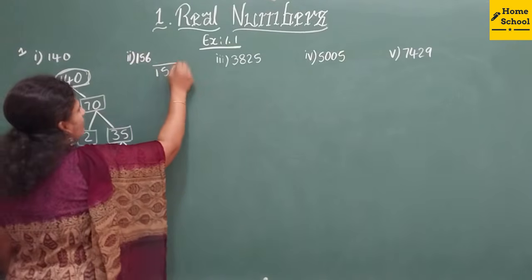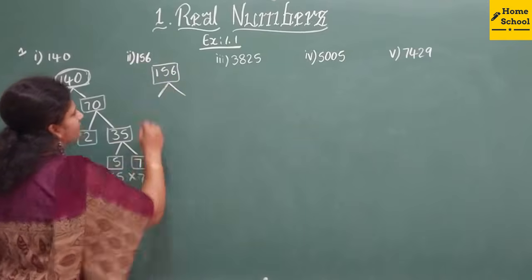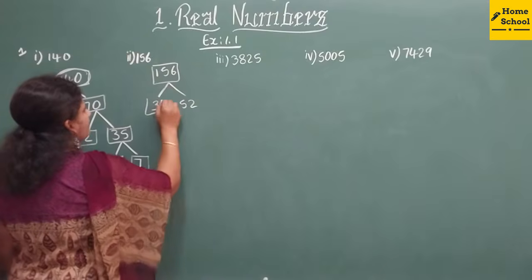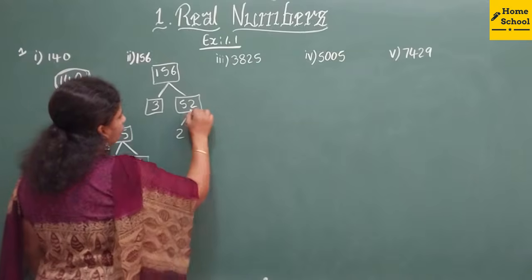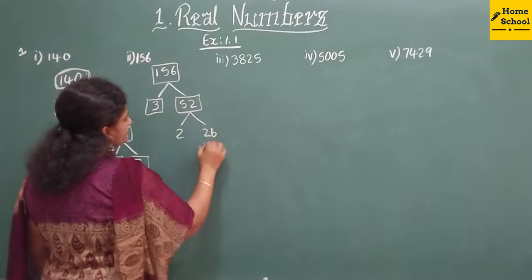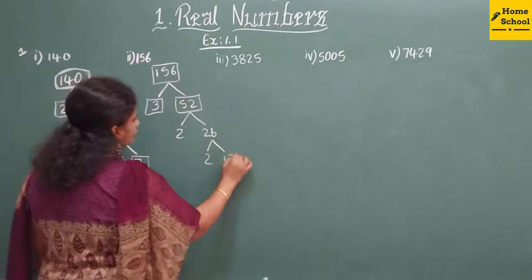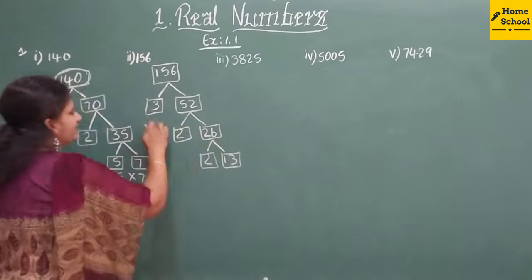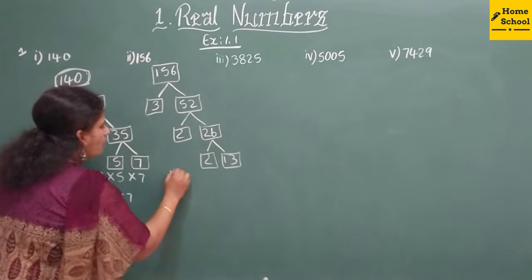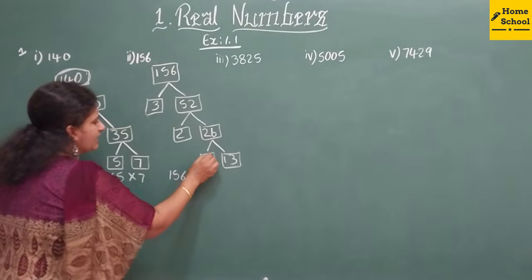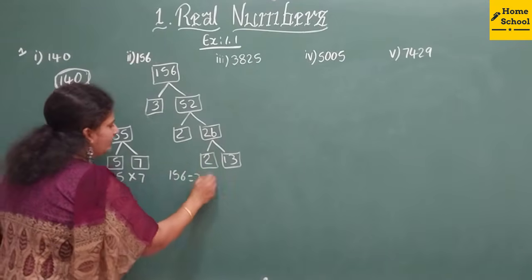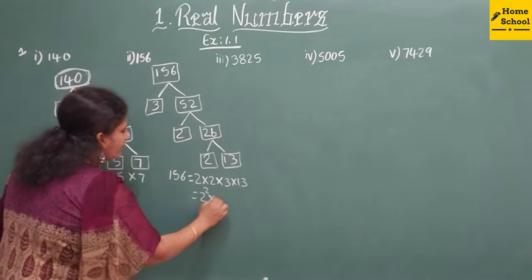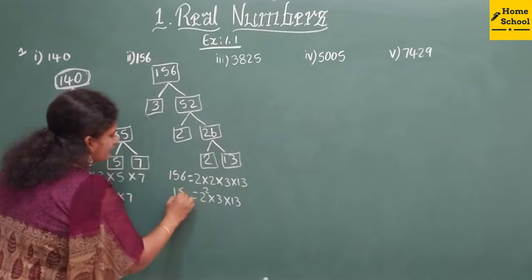So let's solve the remaining problems. 156. What are the factors? Let's start with 2. 2 twos are 4, 2 threes are 6. Then next 78, 2 thirty-nines are 78. Then this one, 2 thirteens are 26. Now these are all the prime factors. 156 is equal to, start writing from the small numbers, 2 into 2 into 3 into 13. That is 2 square into 3 into 13. Yes. Next one,